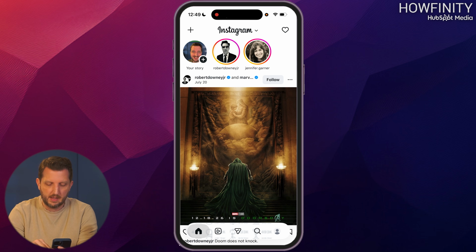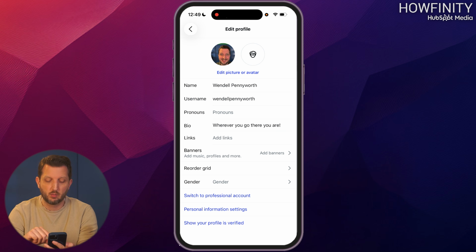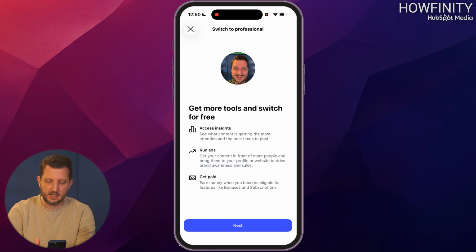So when you open up your Instagram account, instead of on the home page, you want to head over to the bottom right-hand corner where your profile picture is, click on that to open your personal profile. Then, sort of below your picture, you want to go to Edit Profile. And then towards the bottom there, you'll see where it says Switch to Professional Account. We'll click on that. And it gives you an idea of what it's going to include in that, and click